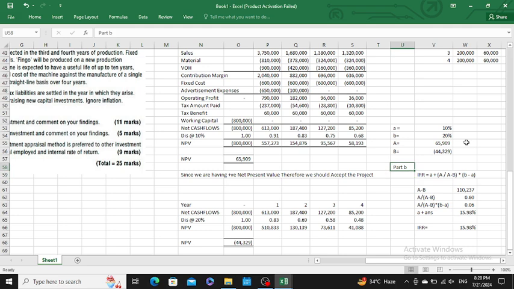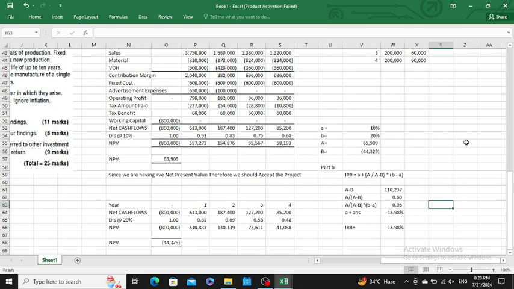Sir, in part B, you have to calculate your internal rate of return. So I have calculated our internal rate of return of the 4-year investment project. The internal rate of return is 15.98%. Sir, you have to comment on whether you have to accept the project or reject the project. On the basis of internal rate of return, we have come to a decision that we should accept the project